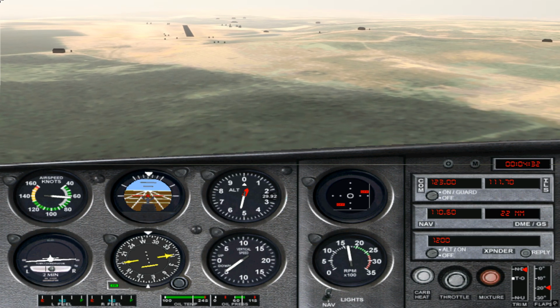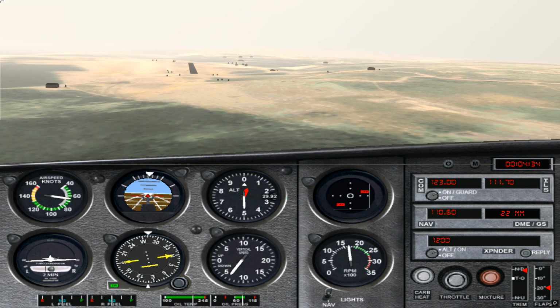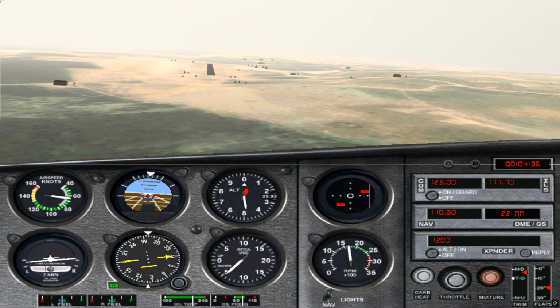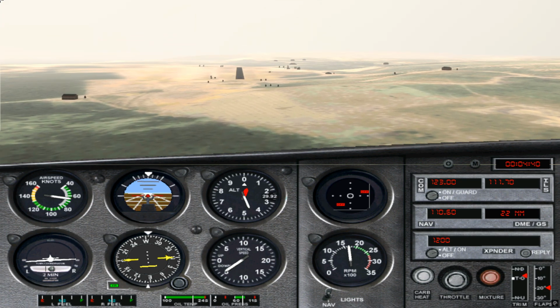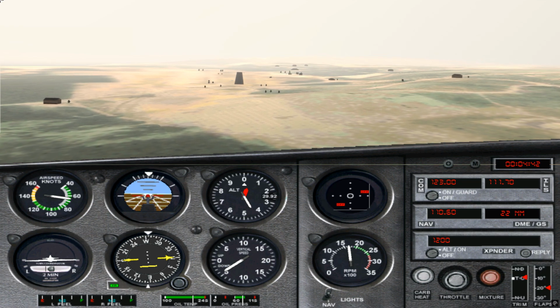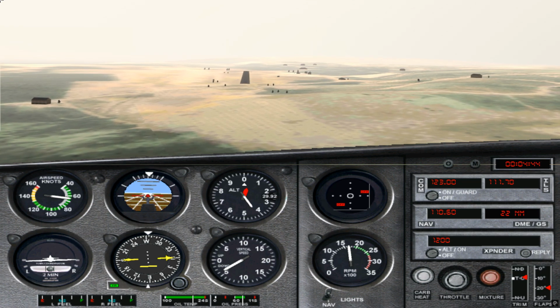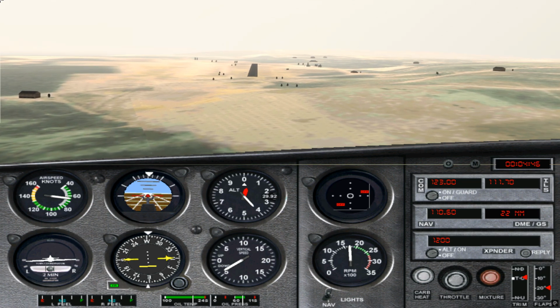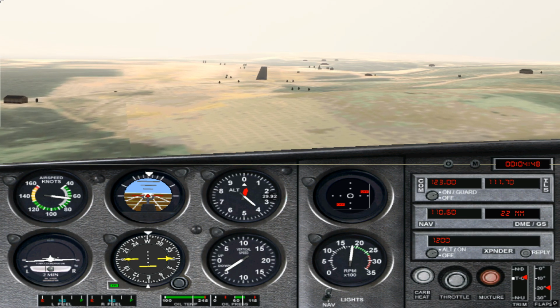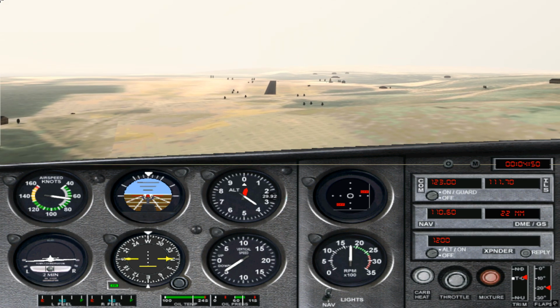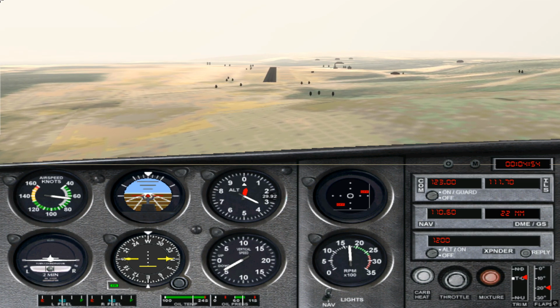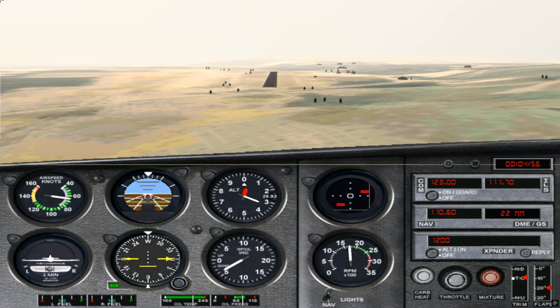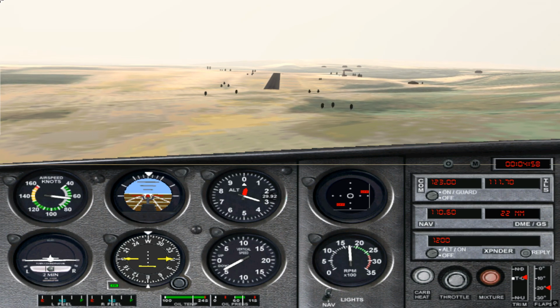Now the nose is very heavy, it wants to drop on me, so I'm going to trim it up. Numerous clicks, perhaps 15 to 20 clicks on the left bracket key to bring the nose up. Actually, it's probably closer to about 30 clicks to bring the nose up. That way now I am hands off and the aircraft is nice and steady. On a good approach, the runway should appear right in the middle of the window, as it is, and your power at 1,500 should be all it takes to maintain a perfect glide path on approach to the runway touchdown zone